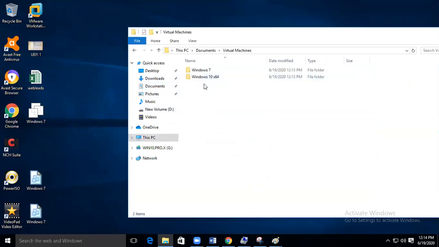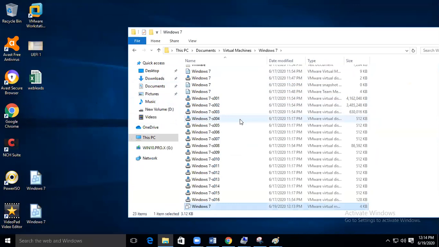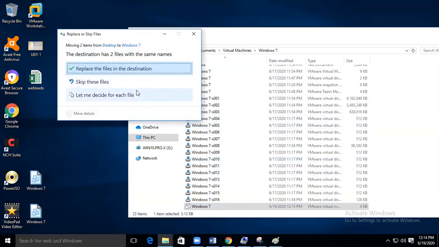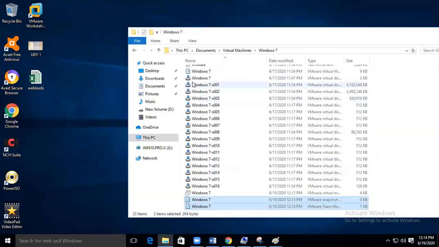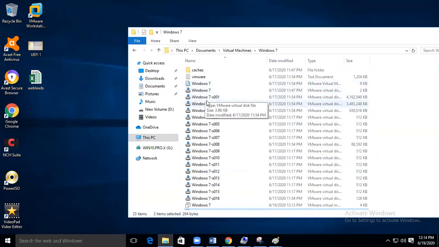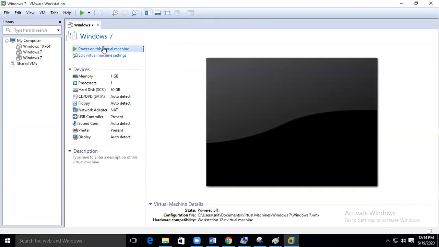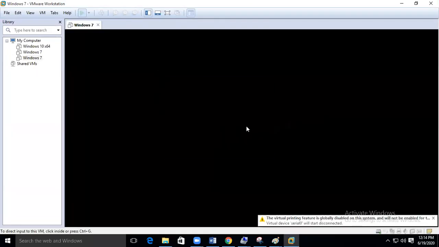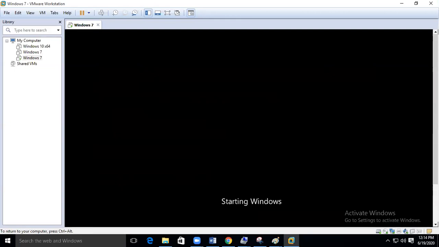Documents, virtual machine, Windows 7. Power on. You can see that the system is starting. Normally when you power on, you will start your operating system like this.